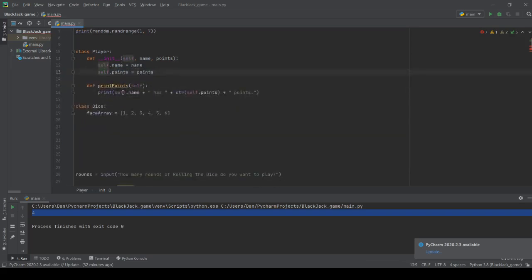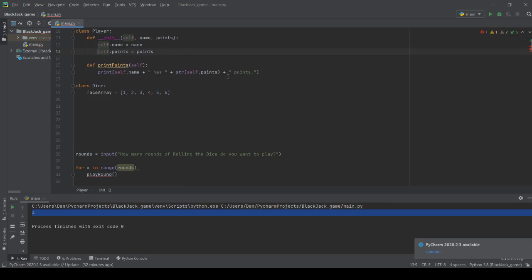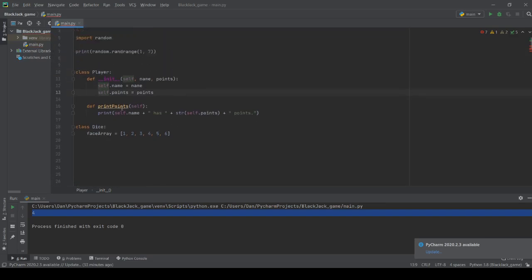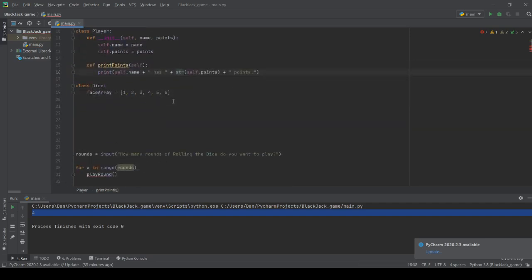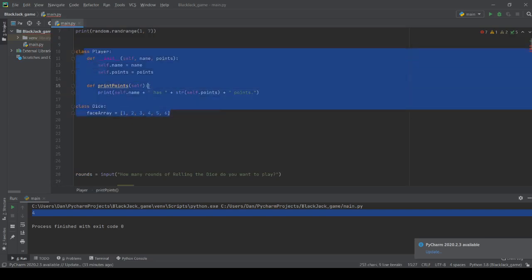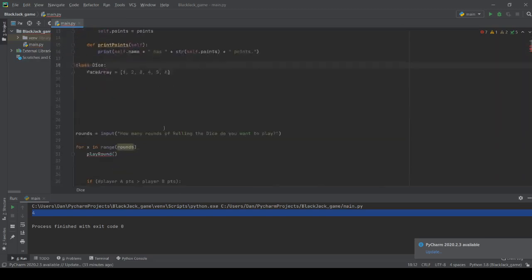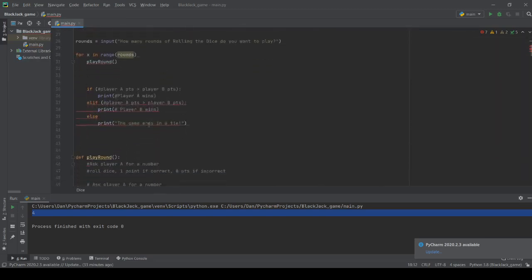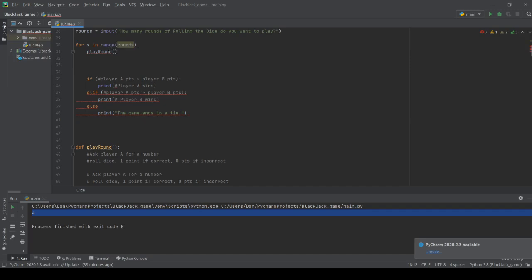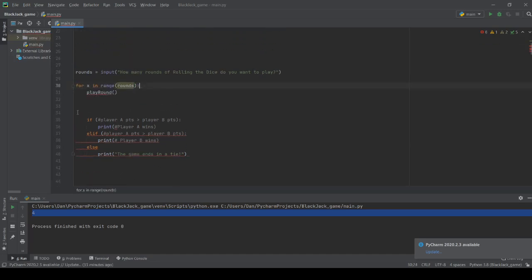And then we could have, we really don't need a lot for the class. This is a very simple program. But you can definitely go back after the program's finished and add to the classes if you want to add extra functions, or if you want to make the game more complicated. Okay, so this is just going to be